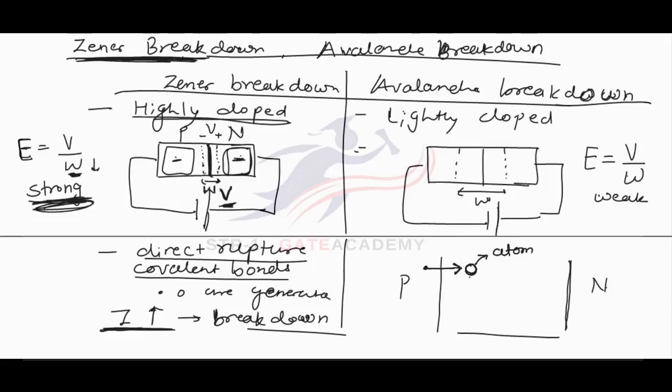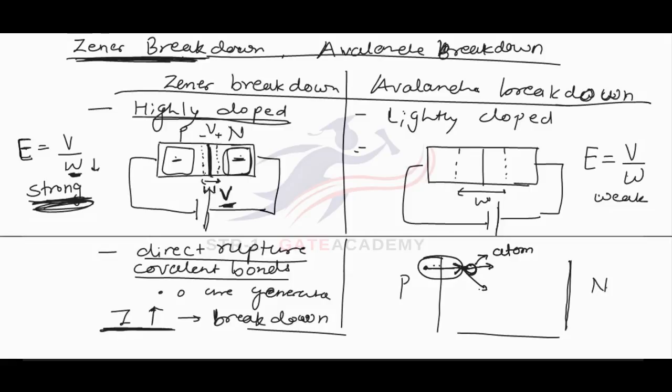If it collides with any atom, and if collision is effective, because after collision most of the energy, that is kinetic energy of this electron, will be converted into heat,